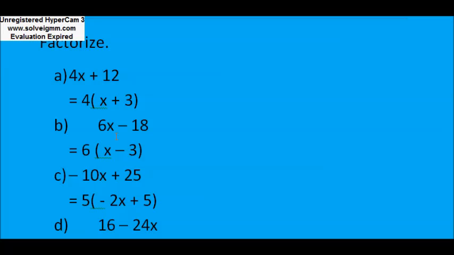You have to select the highest number which is divisible on both terms. So 6 is the highest number. Actually, this highest number is the HCF of both terms. The HCF of 6 and 18 is 6. So the highest common factor of 6 and 18 is 6. So you will take 6 outside, and then inside the bracket you will write